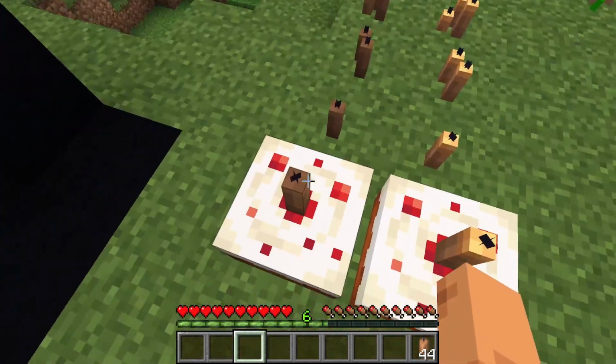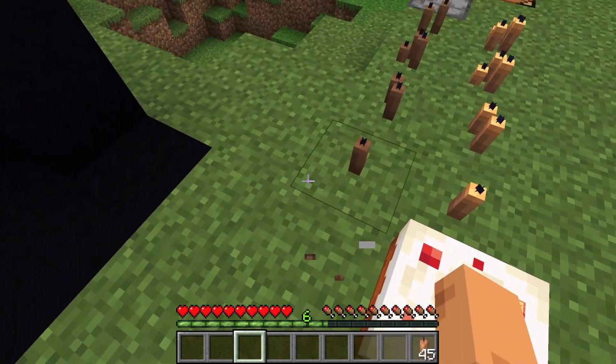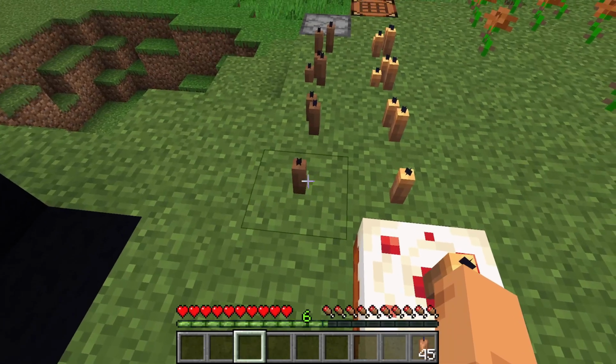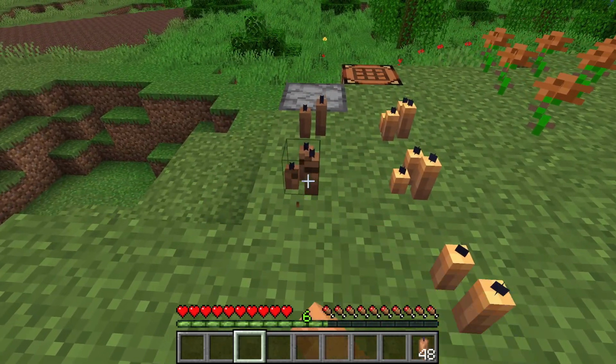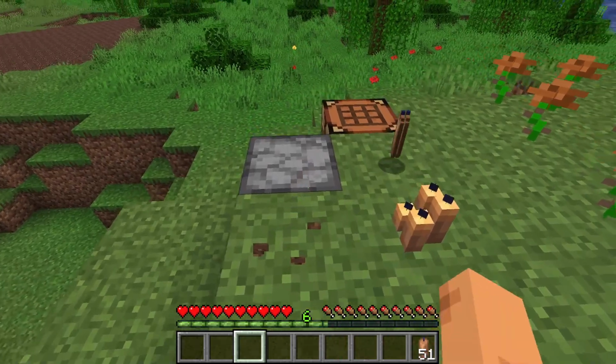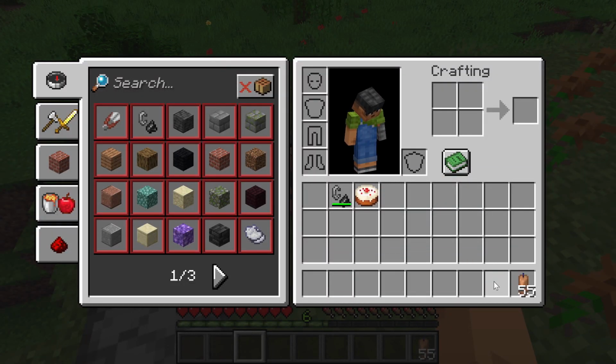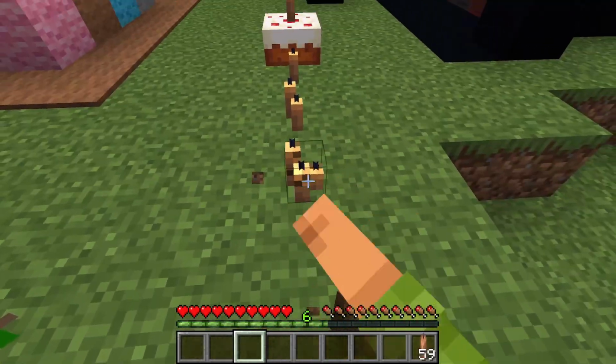Actually, one more thing I can mention is that if I break not the candle cake, I will get my candle back. But this will give me the 1, this will give me the 2, this will drop 3, and then this will drop 4. If you did the math, you could see that it worked out perfectly fine. Other than that,